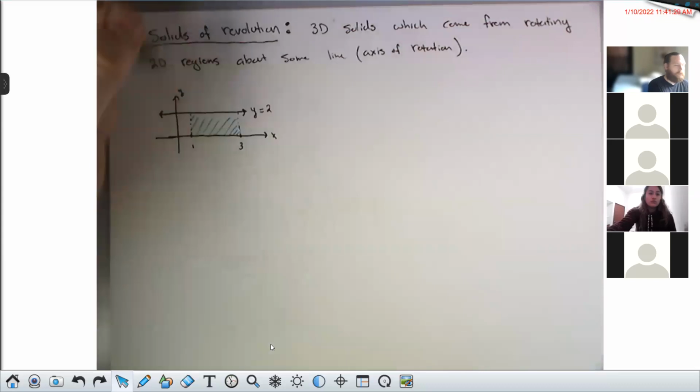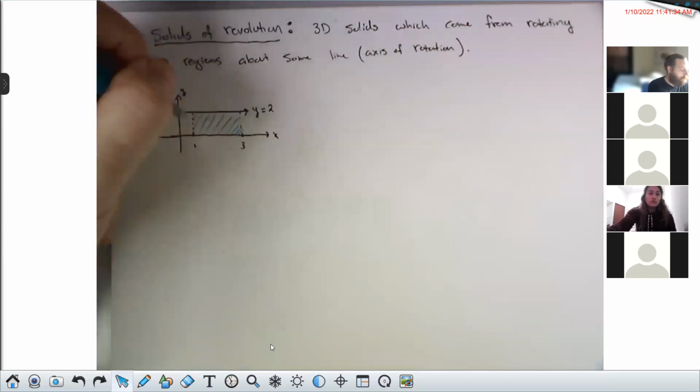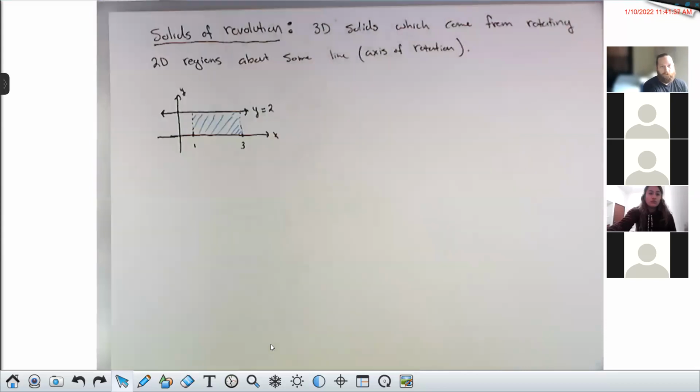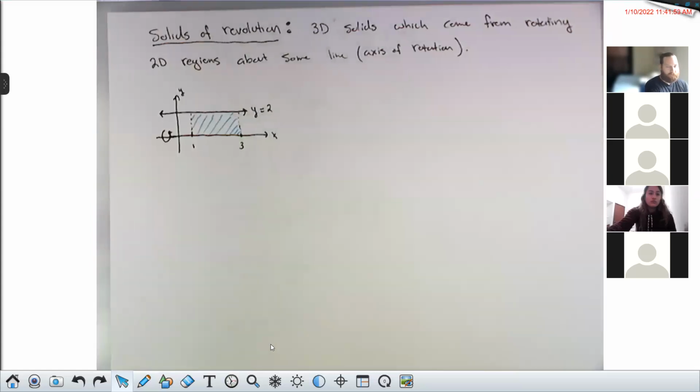Okay, so this is kind of like a 6.1 thing, right? I'm defining the area bounded by a curve. There's the region. It's the region from x equals 1 to x equals 3 that's bounded by the very boring curve y equals 2, the constant function y equals 2. If I take this region and I rotate it around the x-axis,